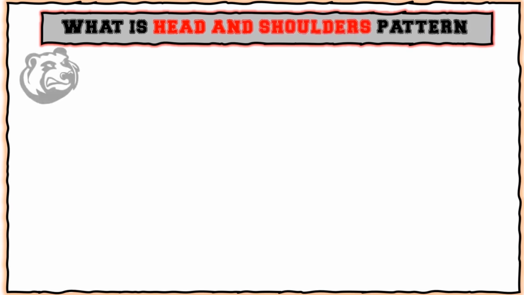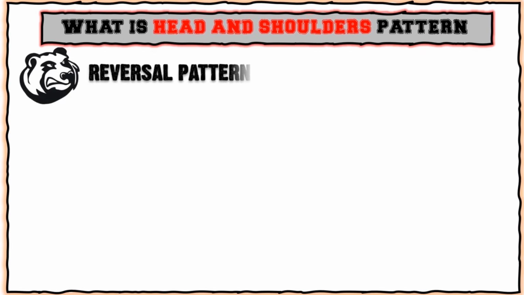What is the head and shoulders pattern? A head and shoulders pattern is used in technical analysis. It is a specific chart formation that predicts a bullish to bearish trend reversal. The pattern appears as a baseline with 3 peaks, where the outside 2 are close in height, and the middle